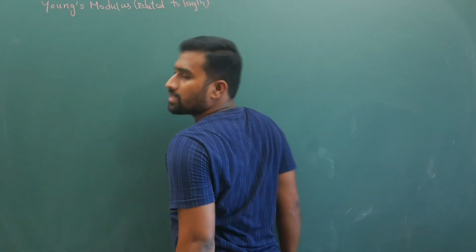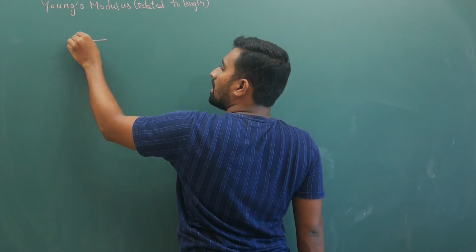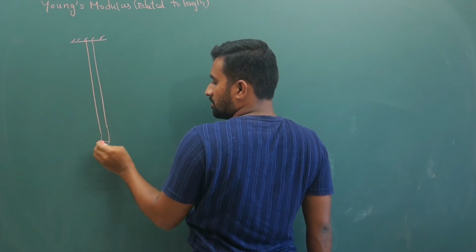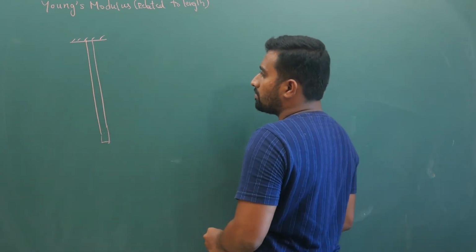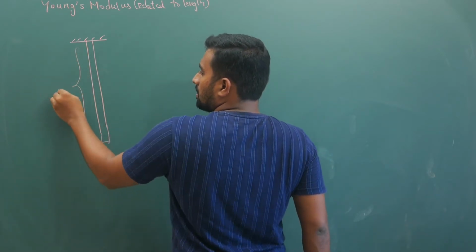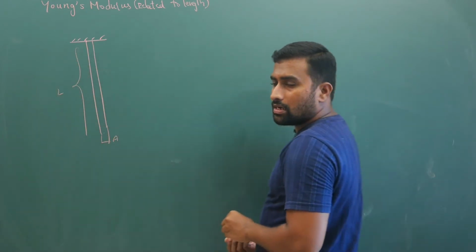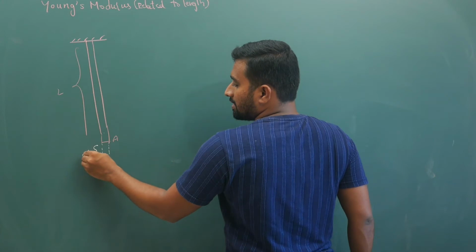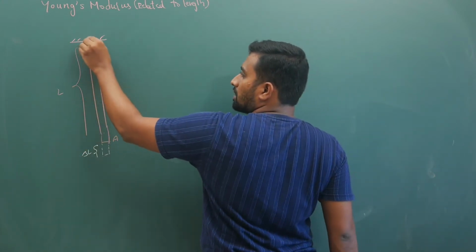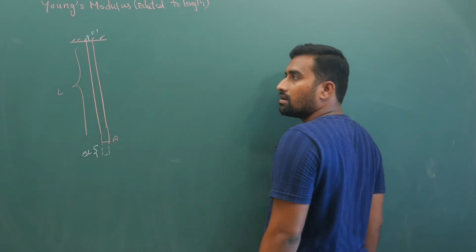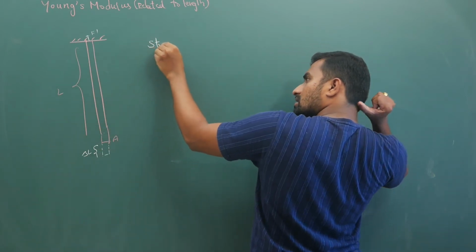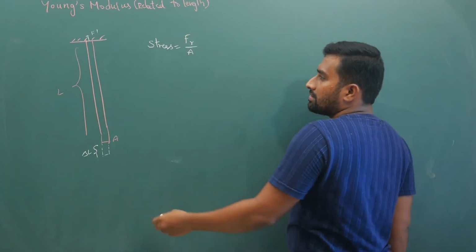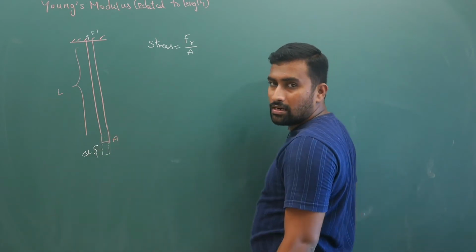Now in this Young's modulus, if you have a wire like this, with length L and area of cross section A, because of its own weight it will expand by some length delta L. Now some restoring force will develop to support this balance. So your stress is the restoring force by area developed inside the thread. Mostly this restoring force is nothing but tension.